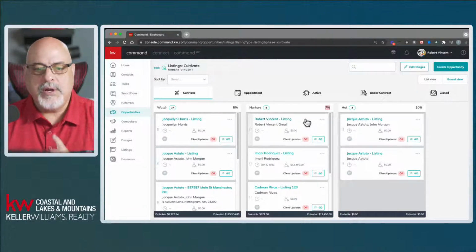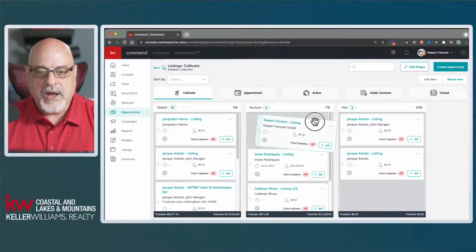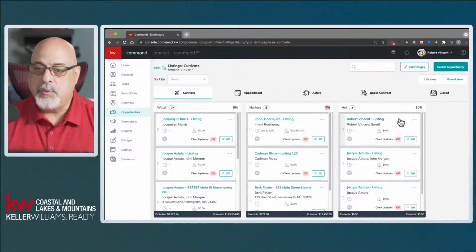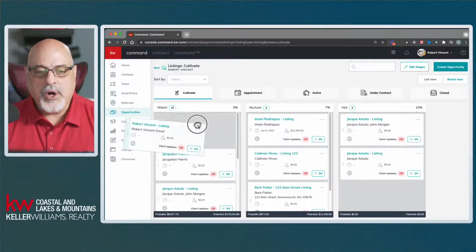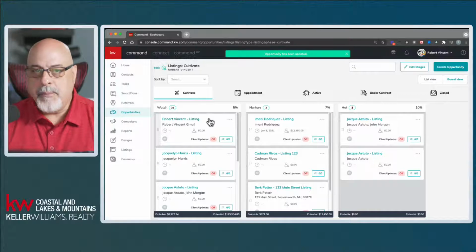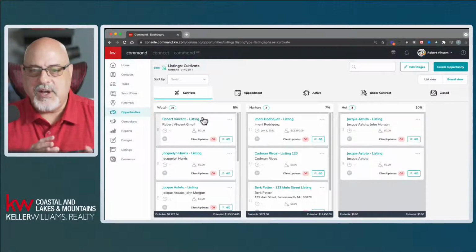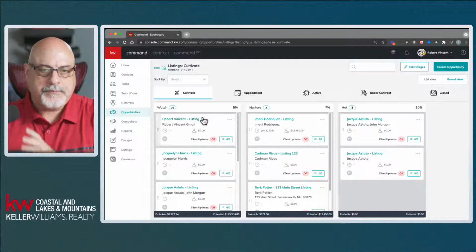This also translates to your finances. The higher up we get here, then we're now in the hot section, where I'm going to ask this first person for an appointment this week. There's a 10% confidence level here. It's twice what it was when we began. But all we're talking about is an opportunity that is in the cultivate, kind of massaging it, nurturing it, and